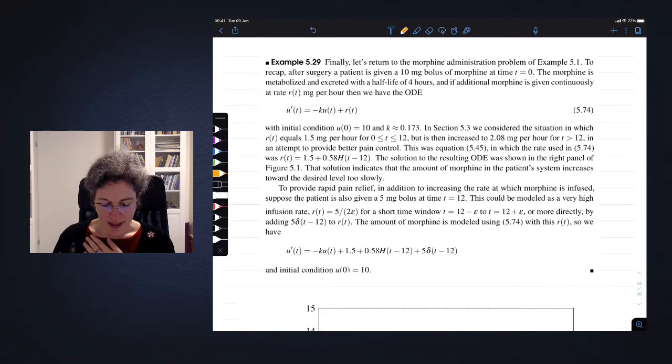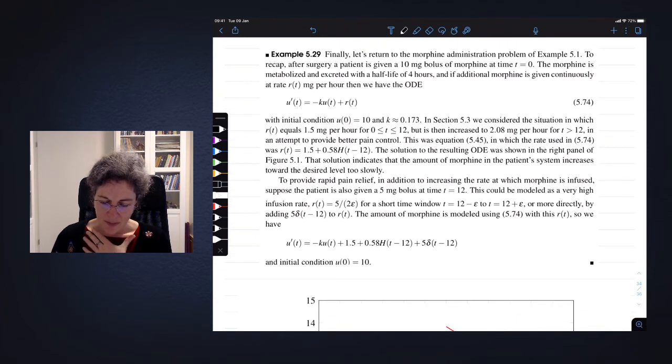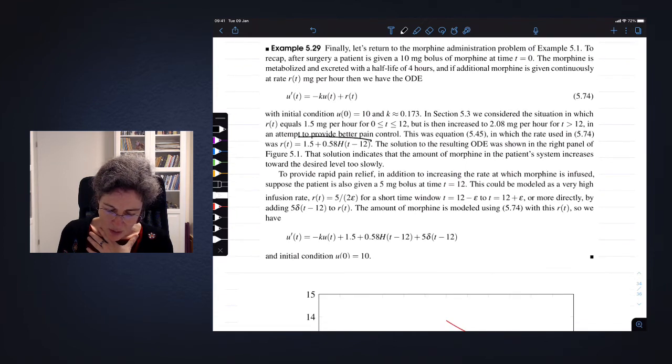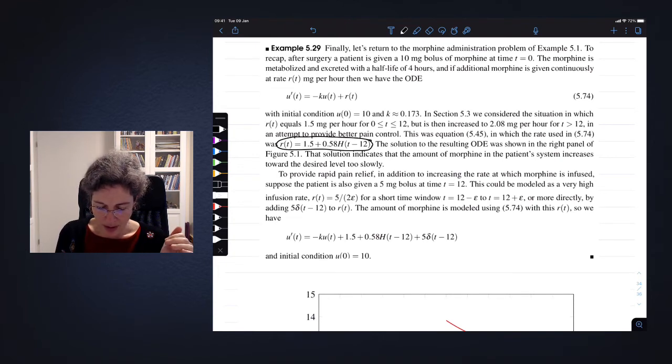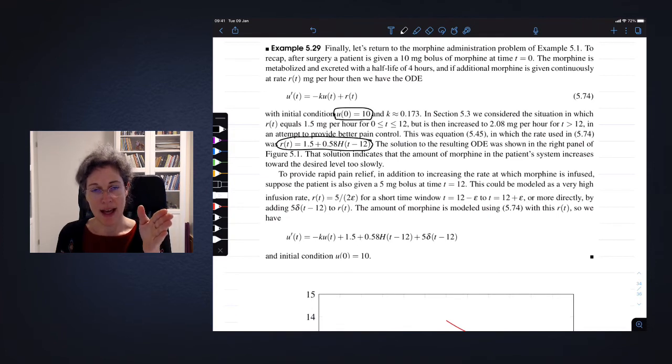Okay, so finally back to the final case of our morphine example. So here's what we want to think about. Our R of t is going to be quite complicated. So we're imagining the situation that we had before, where we start out with an initial dose of 10, so a single dose of 10, and at the same time put the patient on a drip of 1.5,